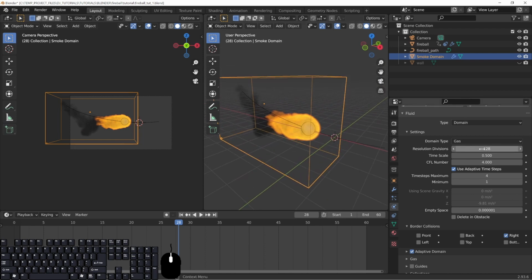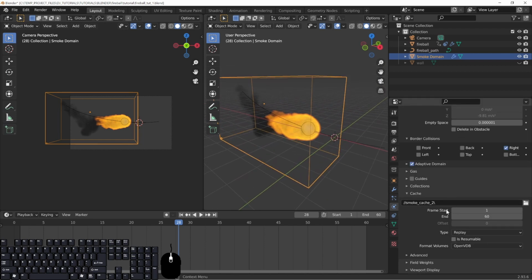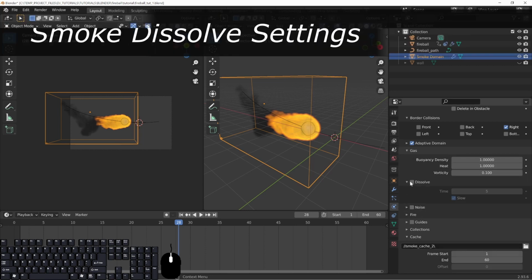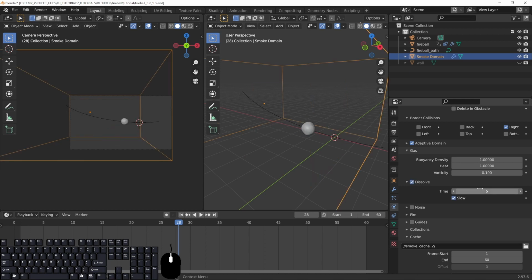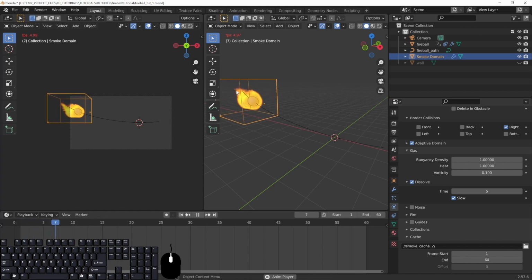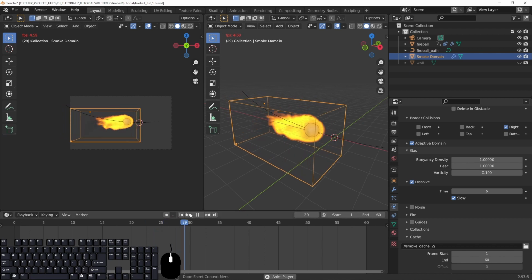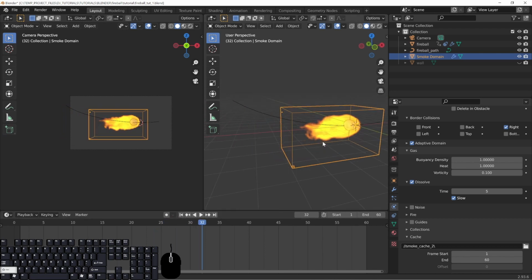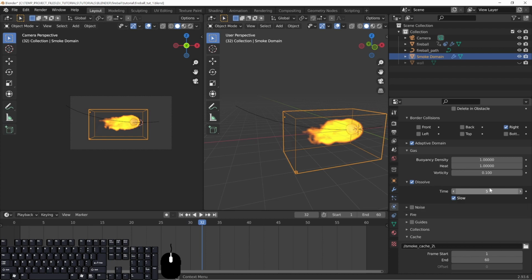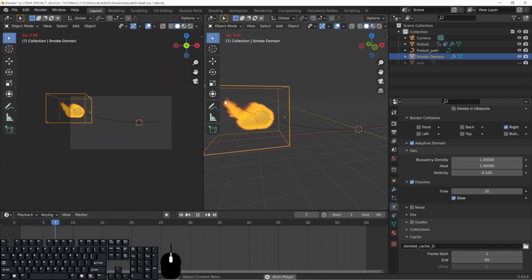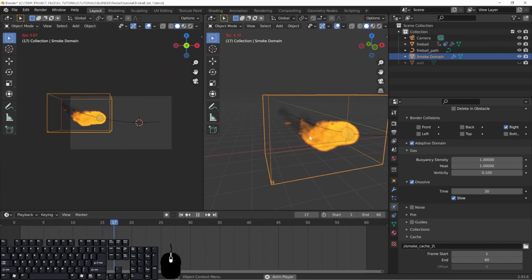So if we take a look at the other settings here, if we go down here in gas, you can see there's dissolve right here, and if I click that on, you can see that it removed everything. What this does is it basically dissolves the smoke that's created from your fire simulation. So if you don't want a whole lot of smoke, then you can turn on this dissolve, and the lower the number, the faster it dissolves, the higher the number, the slower. So if we change that to a 30, for example, you can see that it will linger. So we have some smoke that's